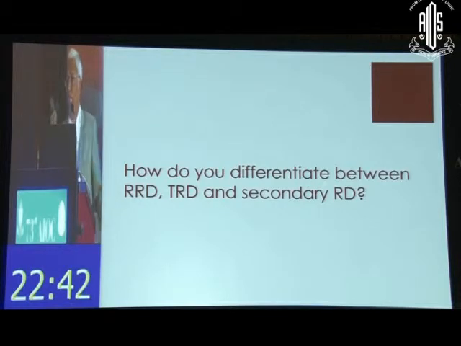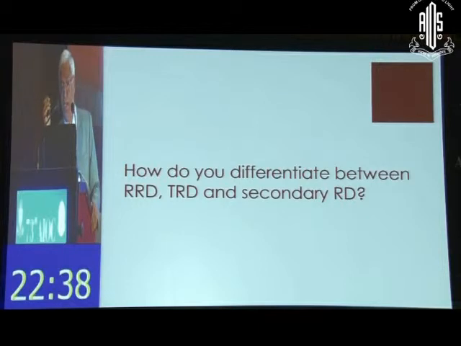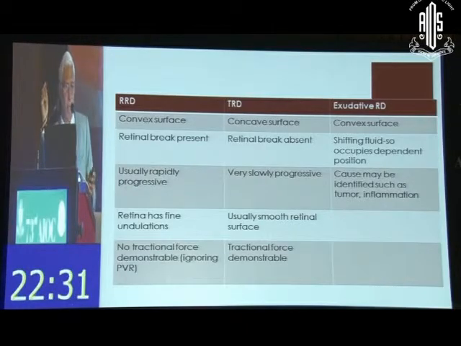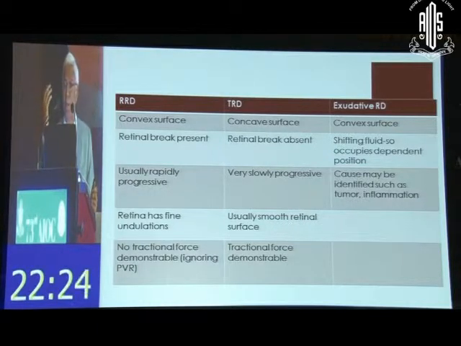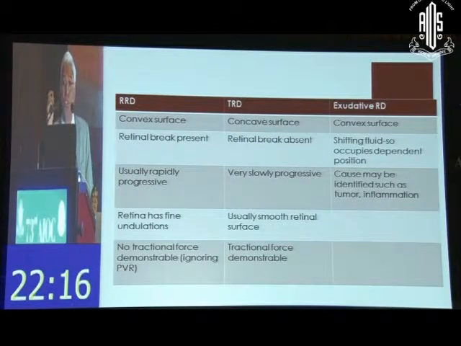Next important question which is asked in the examination is, how do you differentiate between a rhegmatogenous retinal detachment, a tractional detachment, and a secondary detachment clinically? Okay? So this table summarizes to you the various features which help you to identify what is what. Very often it may be very obvious because of the nature of the condition with which the patient presents, like diabetes mellitus, an obvious tumor in the eye. But there are always situations where there can be a cause for confusion. Then you rely upon certain subtle features.